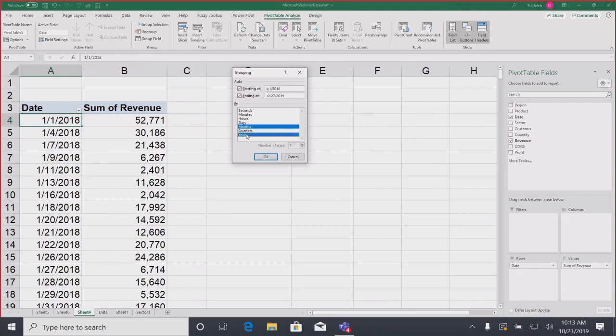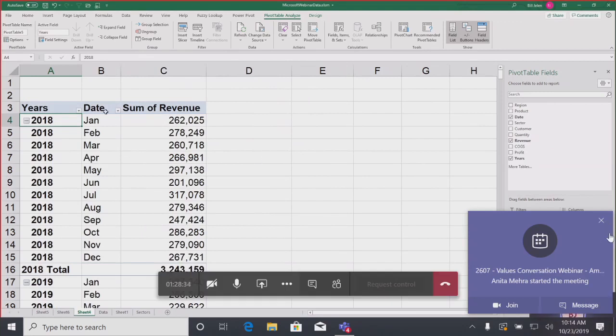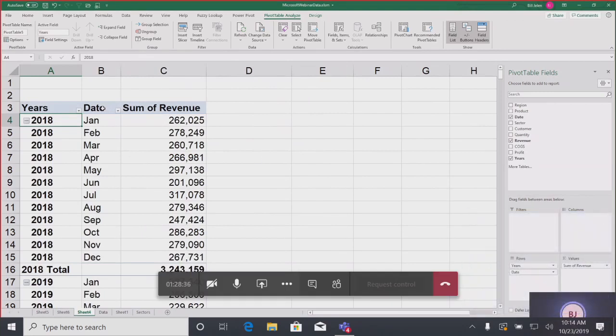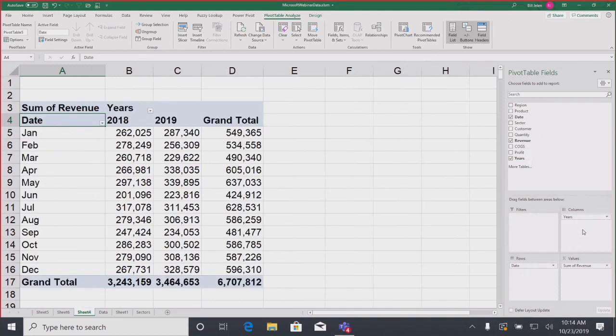So I'm going to roll this up to months and years, or maybe you choose quarters and years. Whatever works for you in this particular case. So I'm going to choose months and years and click OK. And what's awesome about this is they create a brand new field. So the date field now becomes months, and there's a new virtual field over here in the pivot table field list called years. Boy, and I really appreciate that they made this be a separate field, because what can I do? I can take that years field and pivot it to go across like that.